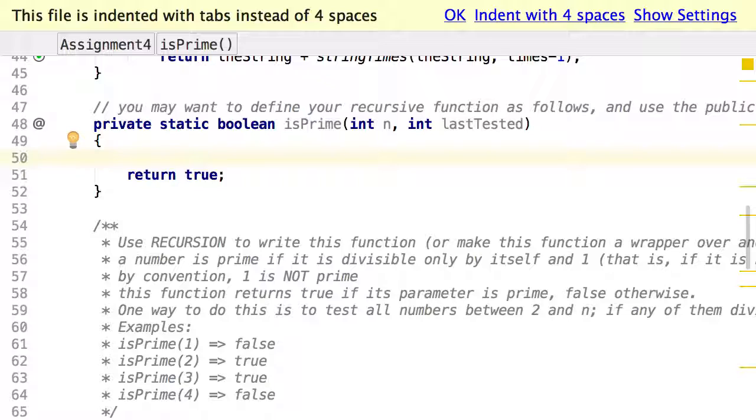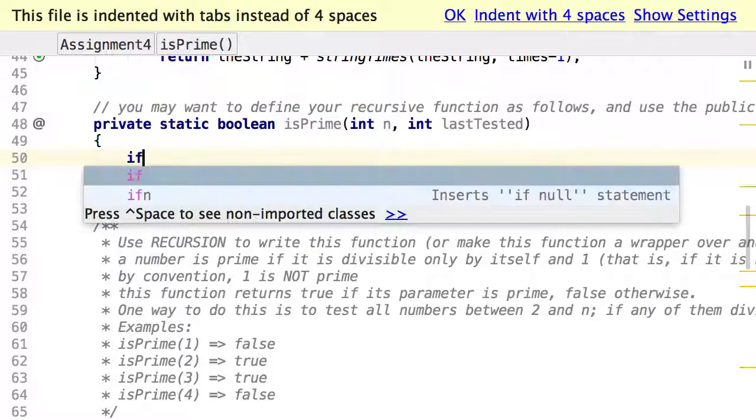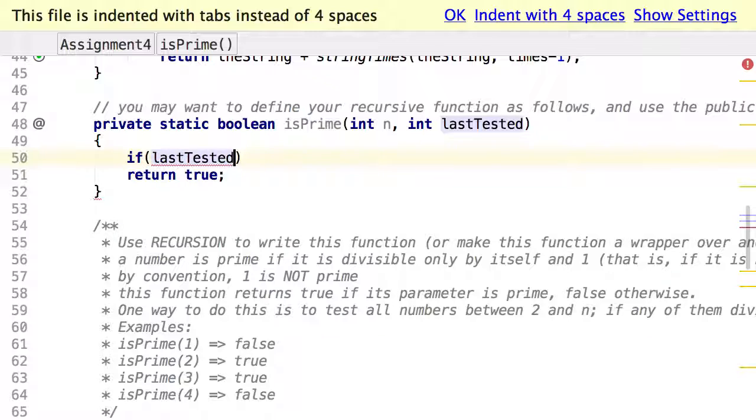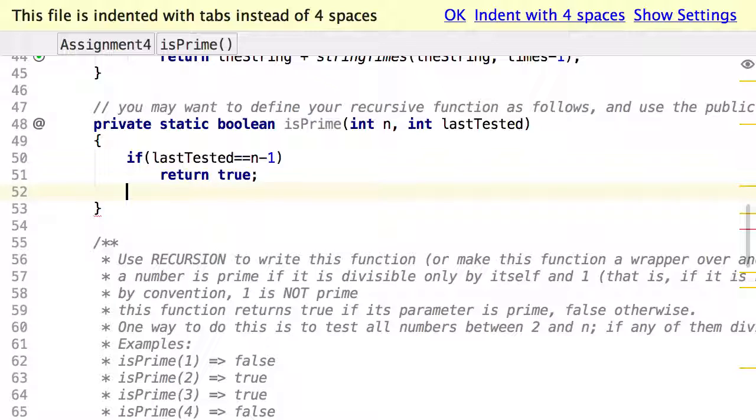When last tested is n minus 1, right? I'm using it as last tested, right? If last tested is n minus 1, then I return true, right? Otherwise,